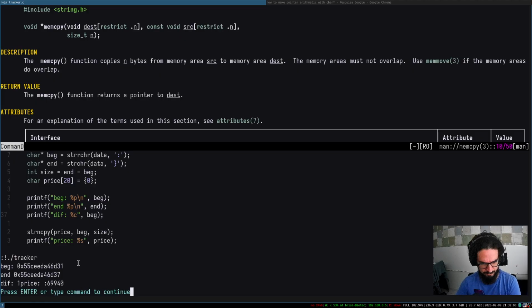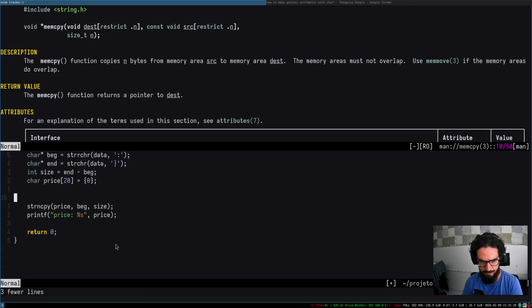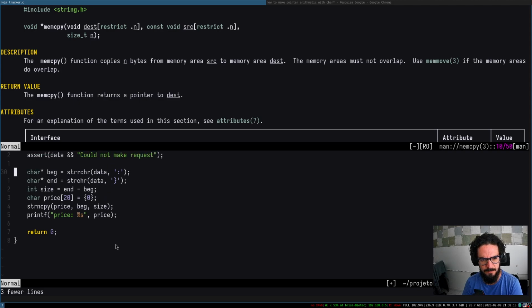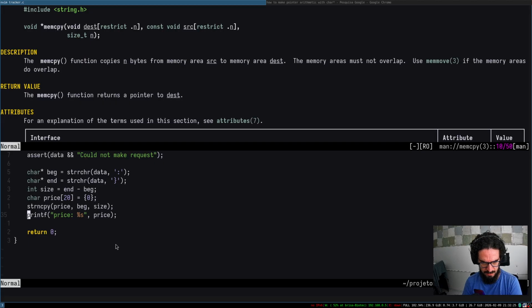Price. Like that. Let's recover some buttons. It works. There's the price, but I